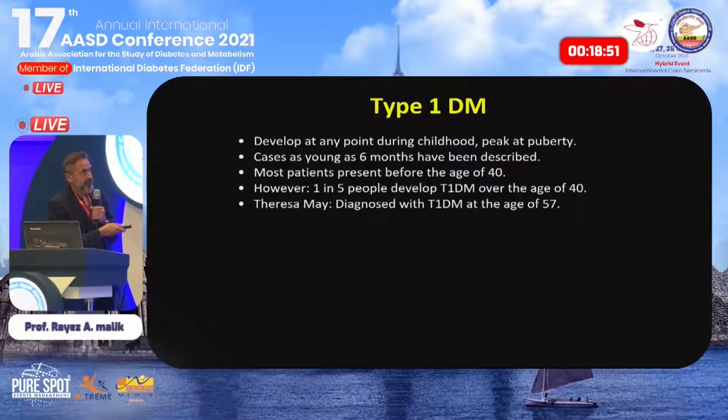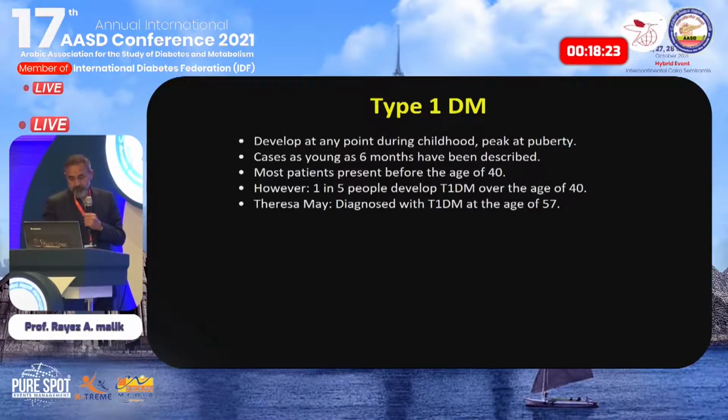that which develops at any point during childhood and peaks at around puberty. And cases as young as 6 months have been described, although there is a specific form of diabetes which is congenital diabetes, which is of course present in the very young. Most patients present before the age of 40. However, it is important to recognize that 1 in 5 people develop type 1 diabetes over the age of 40,